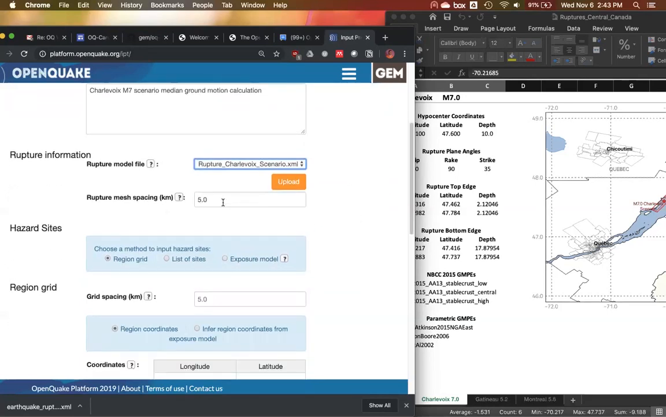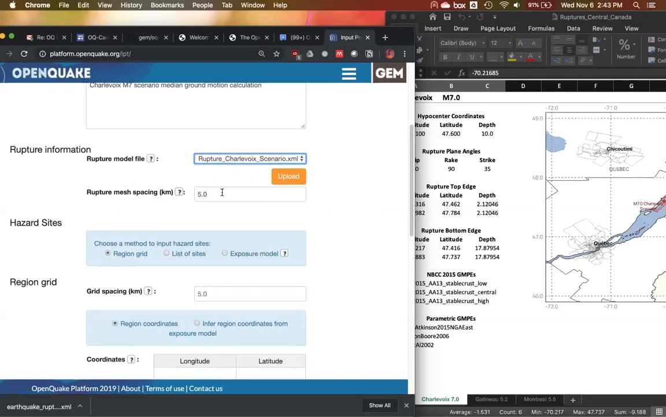So the next part is called the rupture mesh spacing. I just wanted to tell you that for each of these input parameters, there's a very short, brief hint about what is happening in that parameter. If not, there's a more extensive documentation in the manual as well. So here the rupture mesh spacing parameter is what OpenQuake will use to calculate the source to site distances. So if you have many sites and you're trying to compute the shortest distance to the rupture or